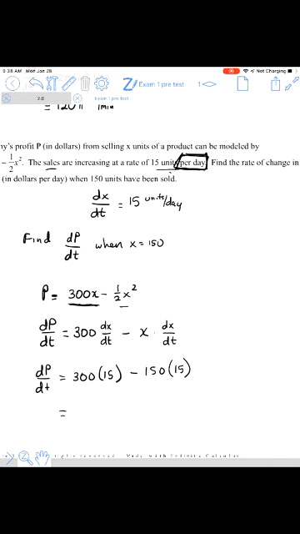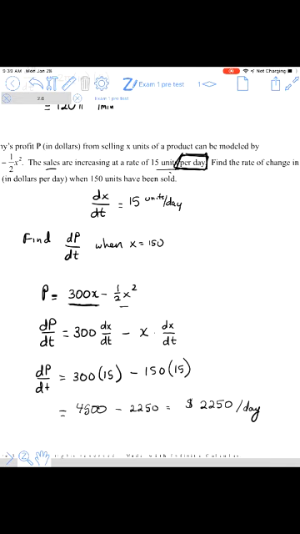Okay, 300 times 15 is 4,500. 150 times 15 is 2,250. Subtracting those two is $2,250